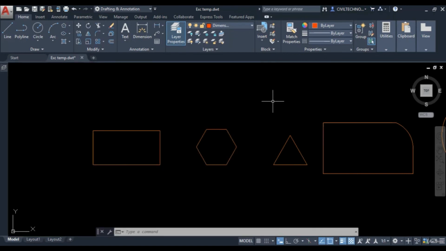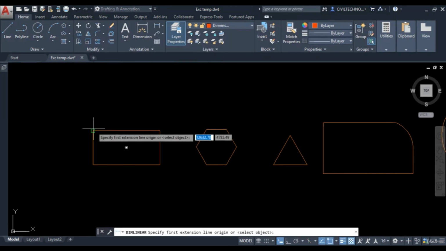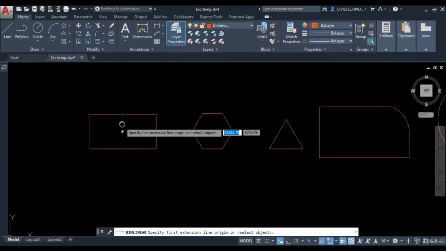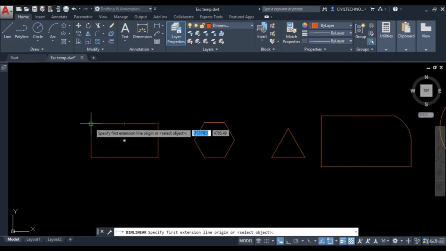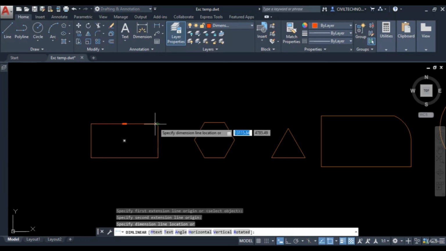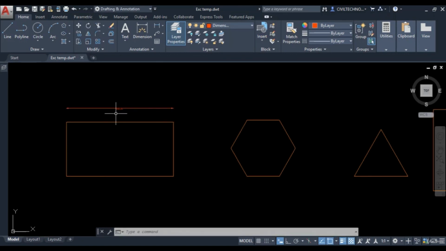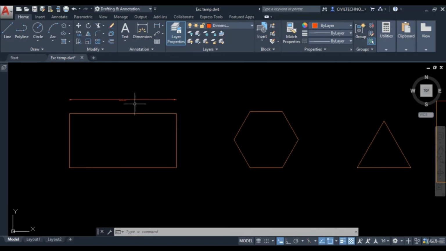So first we will look into linear option. Click on the linear icon. Now for example we want to measure this line. We will click on the start point of the rectangle, and we will choose the end point, and then on the third selection we'll place our dimension as we want. So as you notice, this dimension is too small to be read,